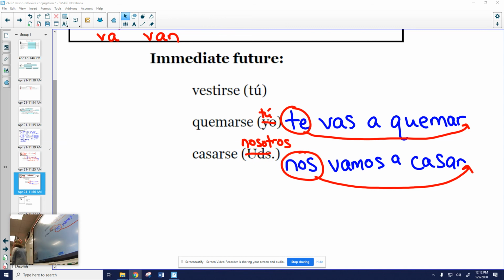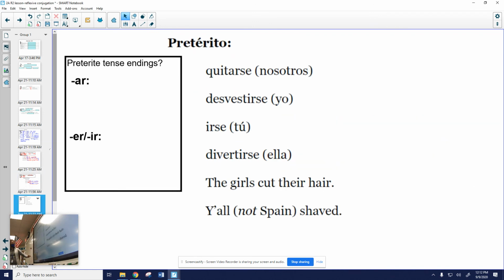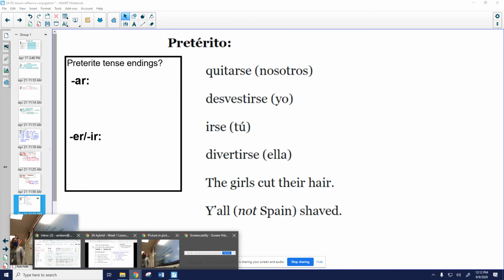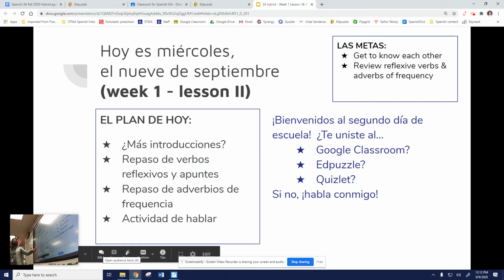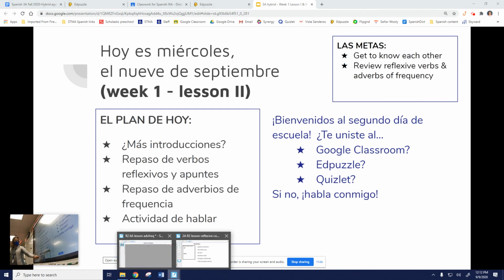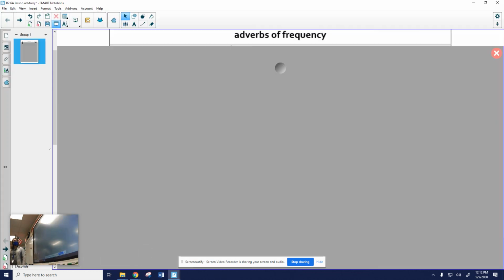Bueno. Vamos a ver. That's not what I wanted to do. Next on our list, repaso de adverbios de frecuencia. On the next page, we have some adverbs of frequency. Take a few minutes, maybe just before lunch,